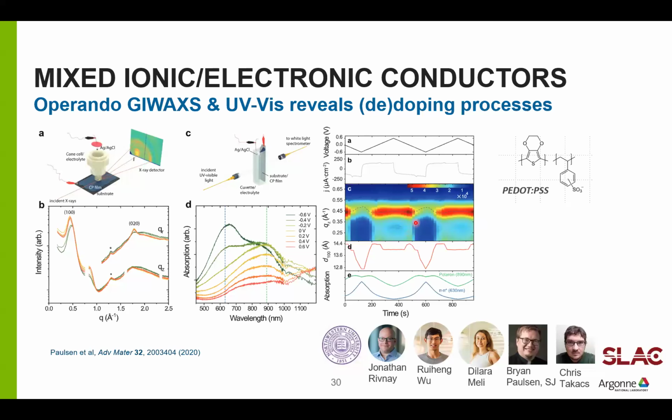And here you can see, zeroing in on this part of the scattering as a function of time, how that changes with the applied potential, and here's how the d-spacing of that feature is changing with time, and how that tracks together with the UV-vis absorption features that correlate to particular known electronic transitions in the material. So having demonstrated this kind of operando GIXS and UV-vis,